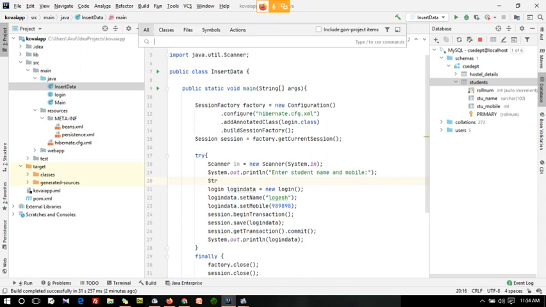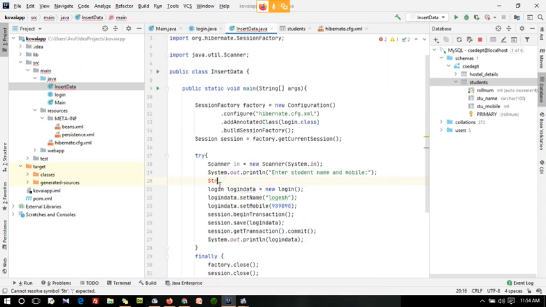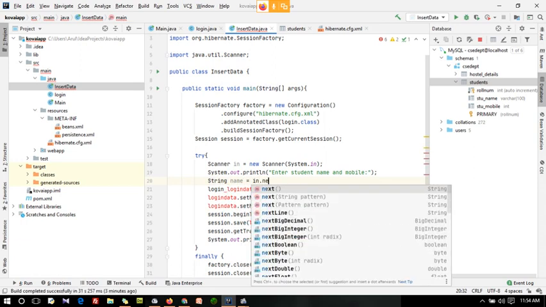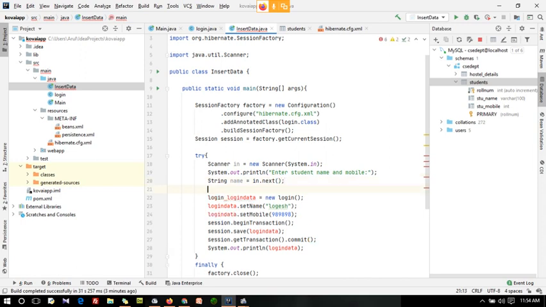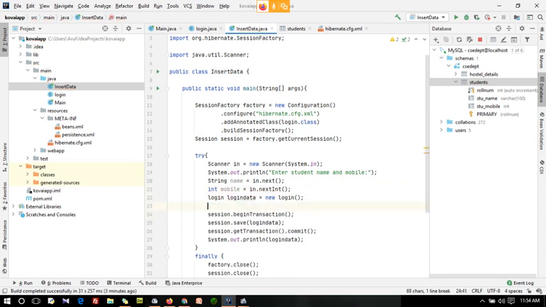String name equal to in.next, and int mobile equal to in.nextInt. And what you want to do is you can just delete this, you just pass the name and mobile here.